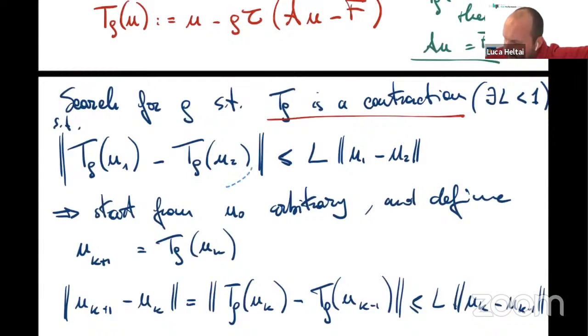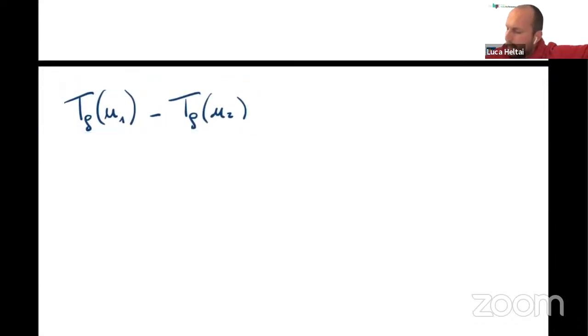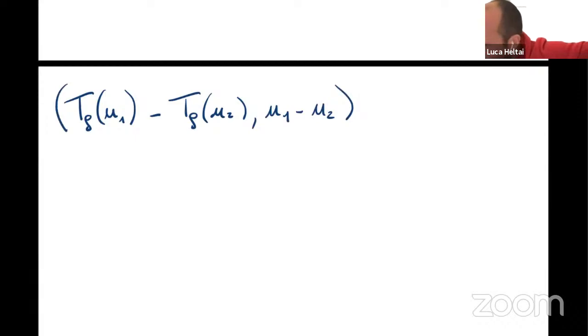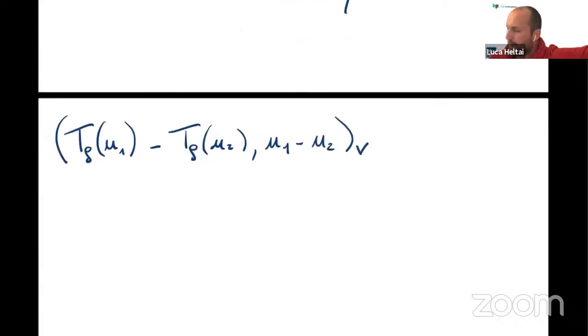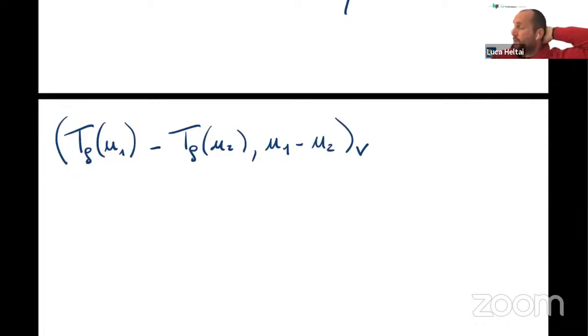So given two functions, U1 minus U2, I just copy this, okay? And I paste it here. And now what I would like to do is take the scalar product of this guy with respect to U1 minus U2. And I take the scalar product in V. If I take T rho U1 minus T rho of U2, then by construction, this is exactly defined as we have U1 minus U2,